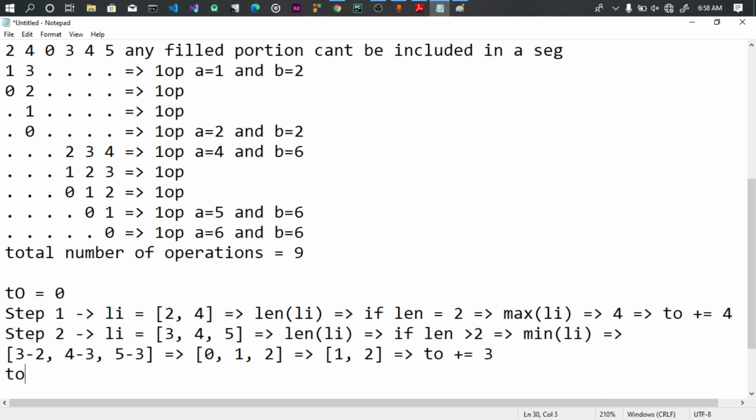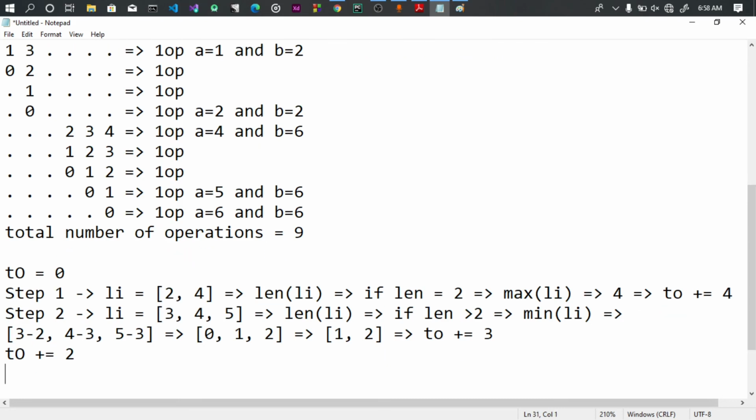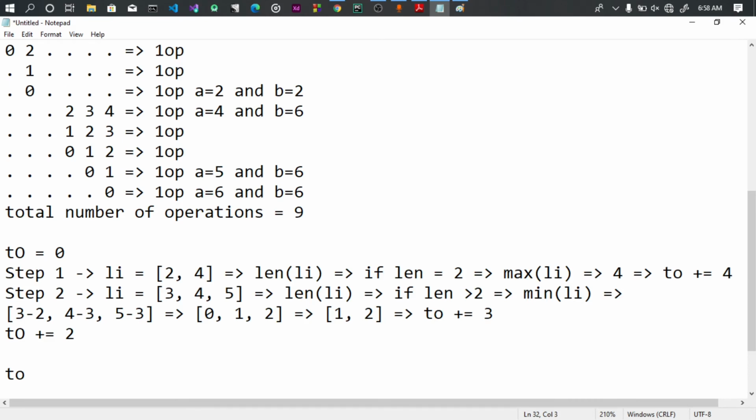So what we're going to do again is to increment our total number of operations by that maximum value again, the maximum will be 2. So we increment by that value again, and when we add up everything here, our total number of operations will now be equal to 4 plus what do we increment by? Plus 3 plus 2, right? Which is going to be equal to